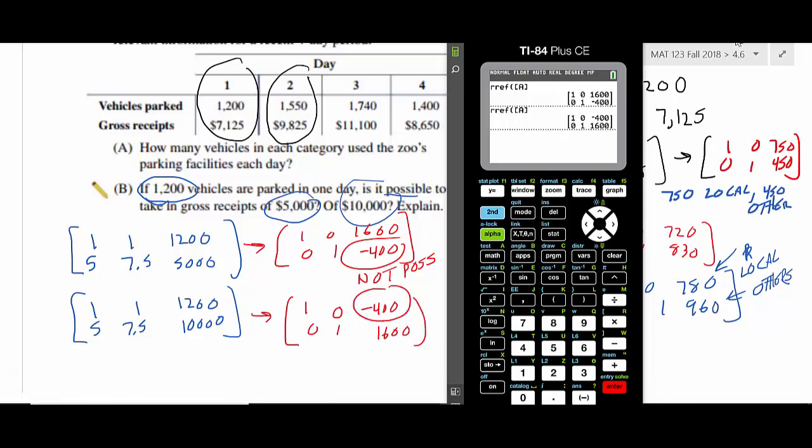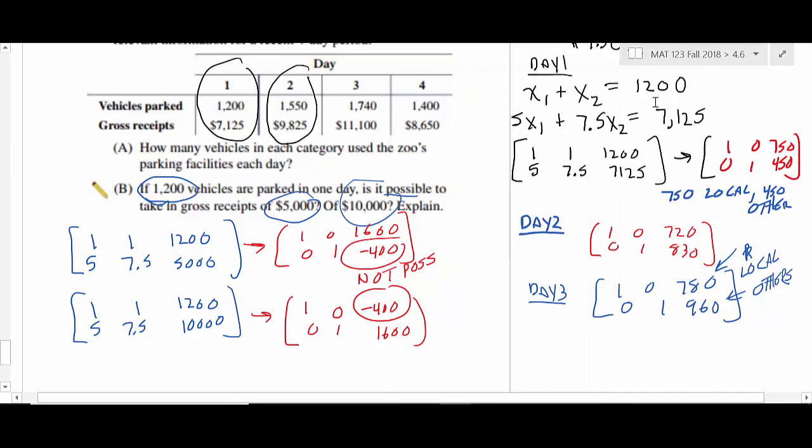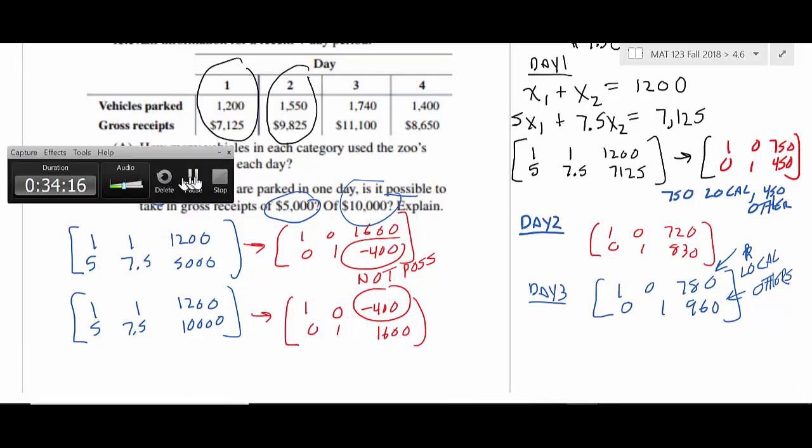Okay, so you can answer a lot of questions using a matrix calculation. And if you can set up the word problem okay, then it's a matter of applying matrix algebra to it. It says explain. If on the test it says explain, can we just circle the negative like we did here? Well, you would just say it's impossible to have negative cars. If you circled the negative, I might not know what you mean. Okay, so it's not possible because of the negative cars. Okay, so that'll take care of that. We're going to go ahead and get into